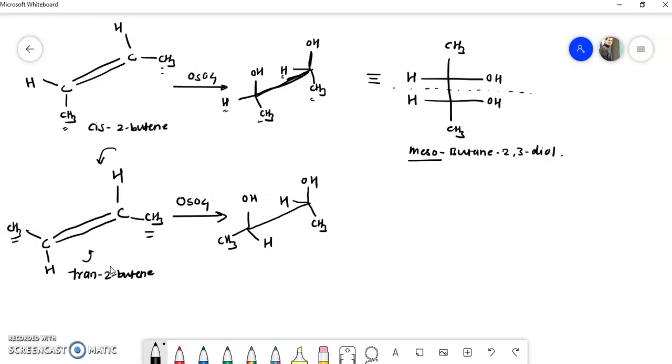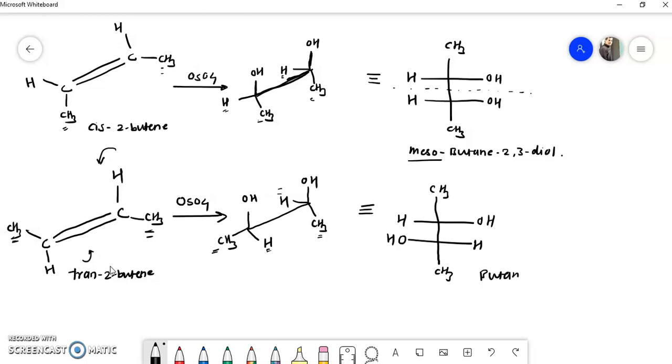Now you will see the stereochemistry of different groups. See, the methyl groups are on opposite sides, so we have represented this CH3 on this side and this CH3 on this side. Similarly, hydrogens are also on the opposite side. So in Fischer projection formula we can draw these structures like this. Suppose this CH3 is on the vertical line, then we know that the hydrogens are on the opposite side, therefore the hydroxy groups will also be on the opposite side. So we get this product, and this product is called butane-2,3-diol.